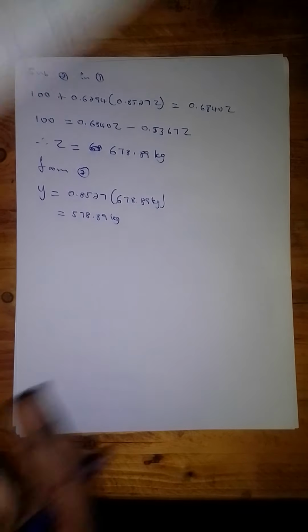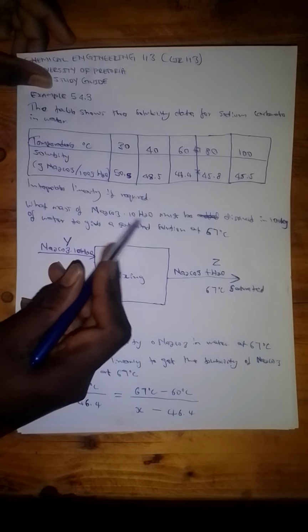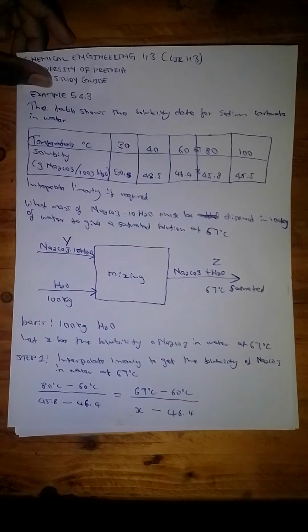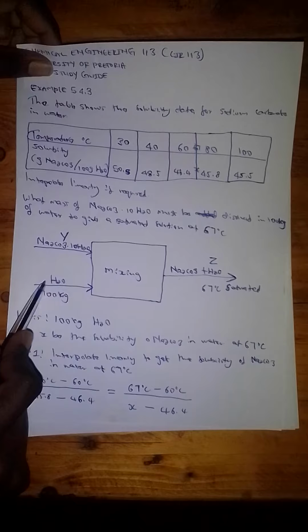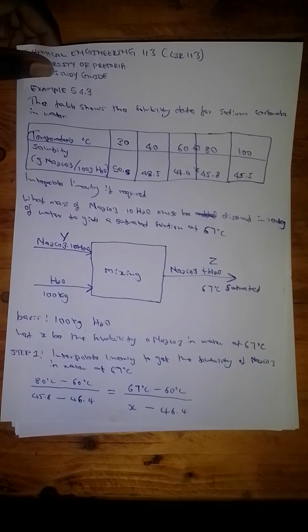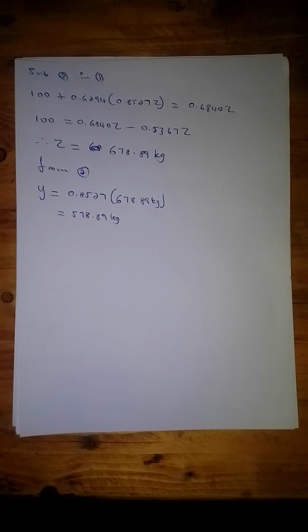Remember, the question says, what mass of Na2CO3·10H2O must be added to 100 kilograms of water to give us a saturated solution at 67 degrees? So how much of this must be added to this to give us a saturated solution at 67 degrees? Our Y is 578.89 kilograms. So we have answered the question. We need to add 578.89 kilograms of Na2CO3·10H2O into 100 kilograms of water to be able to find the final solution at 67 degrees